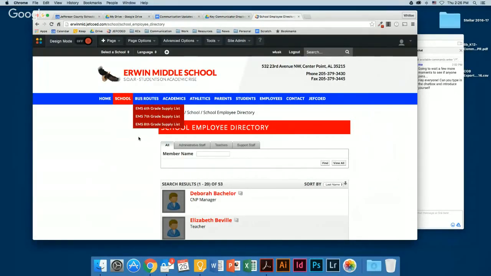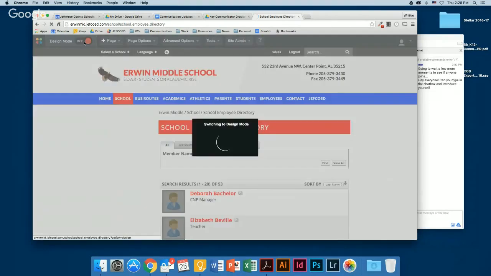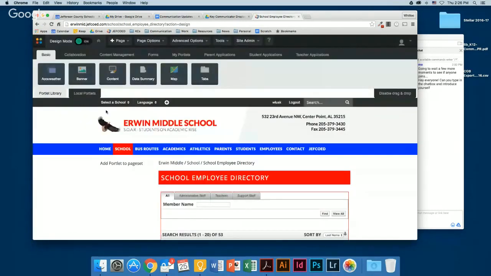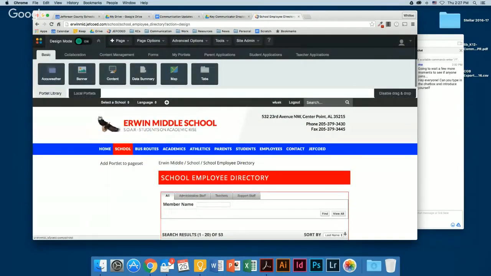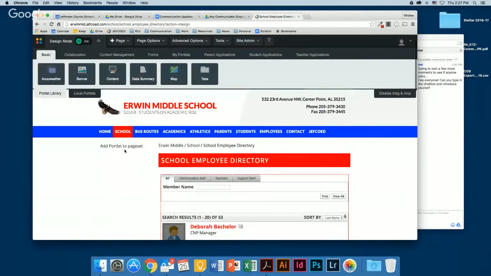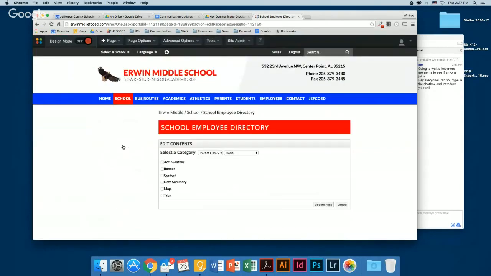Okay, so right here. Sometimes y'all accidentally delete your sidebars. And when you delete it on one page, it affects the entire website. So let me show you how to fix that. You turn your design mode on and you'll see where it says add portlet to page. So you click that.